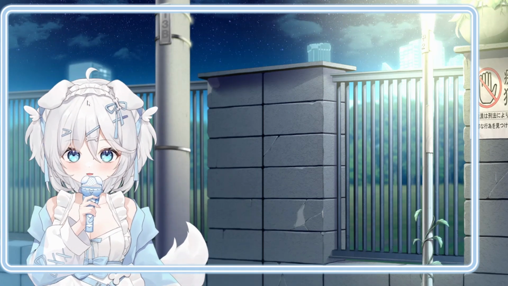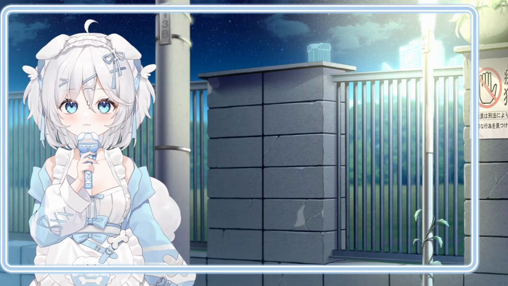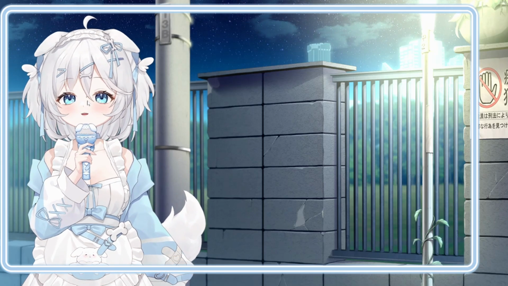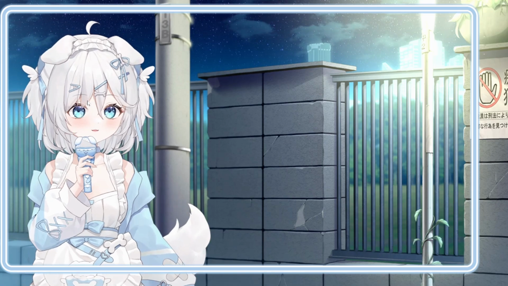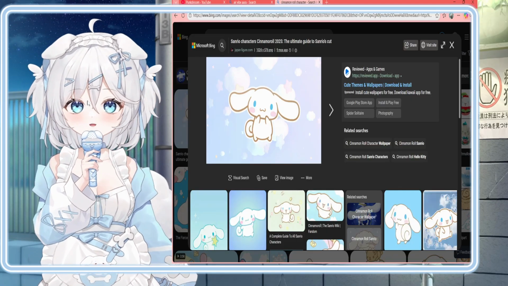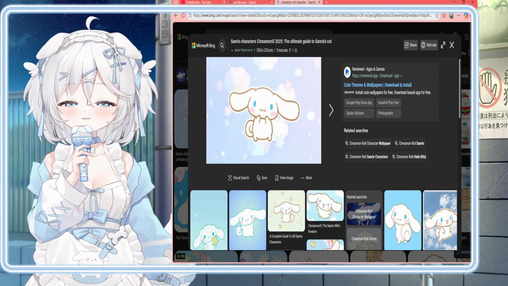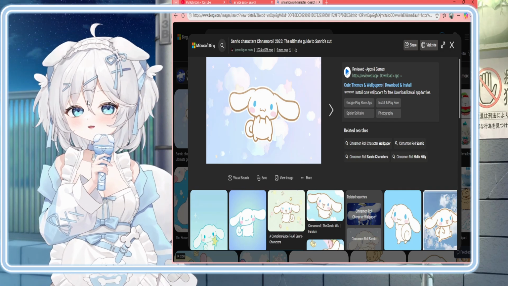Now, with my kind of content, I wouldn't say it really matters, but for today, I'm just going to do an example for mine. My vibe is a cutesy calmness vibe and bunnies and dogs. So that's what my vibe would be.